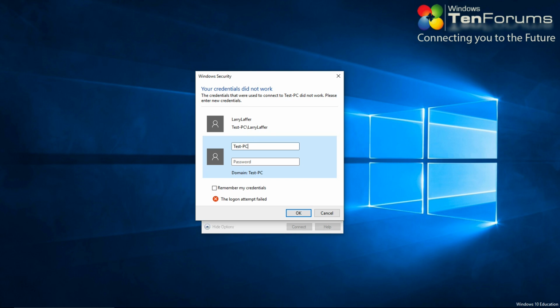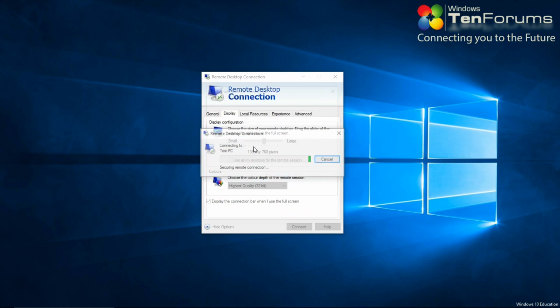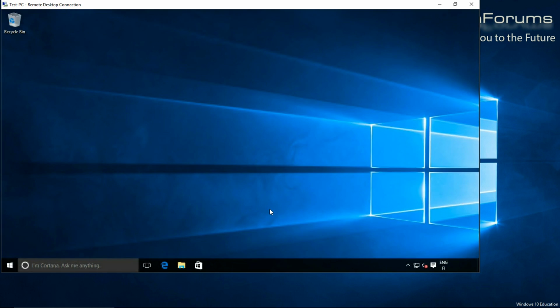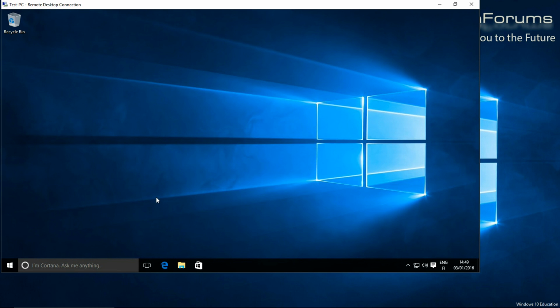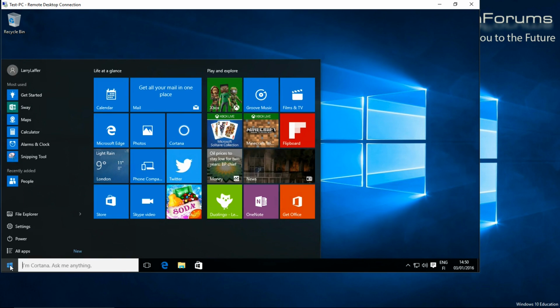To connect using the user Larry Laffer's credentials, I need to use his full username, PC name / user profile name, the original username, in this case testpc / Kari. Using those credentials, there will be no issues in creating a connection.